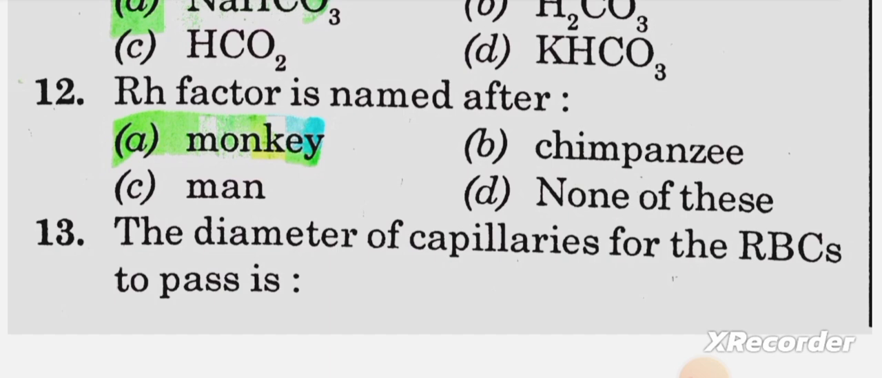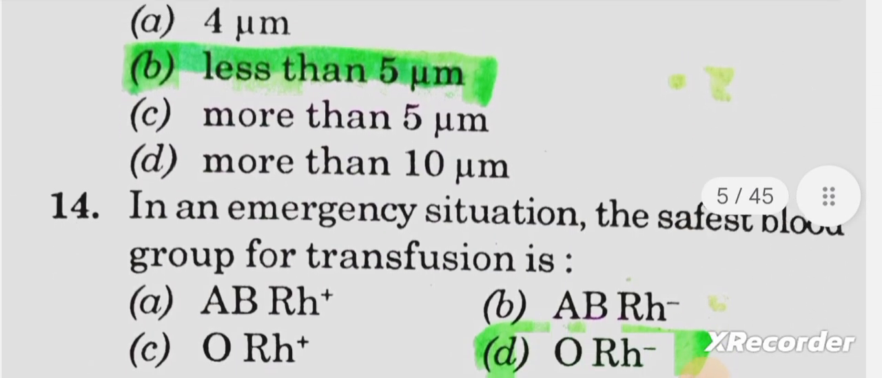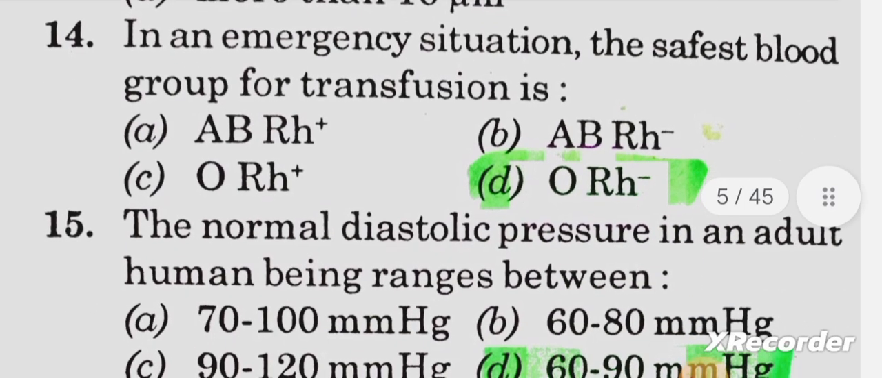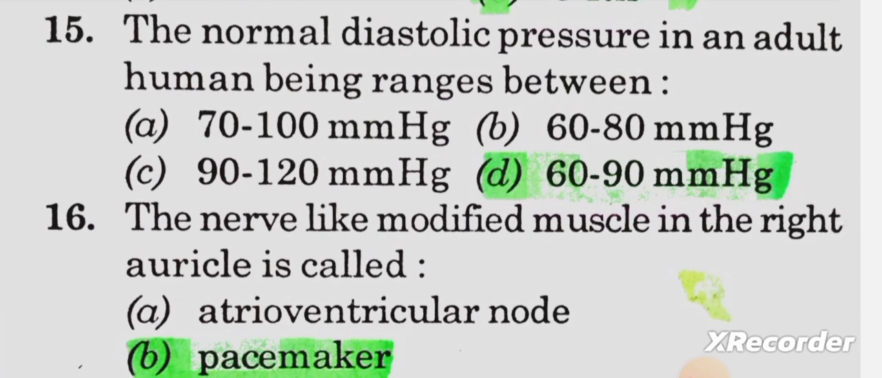monkey. Next 13. The diameter of capillaries for the RBCs to pass is answer B, less than 5 nanometer. Next 14. In an emergency situation, the safest blood group for transfusion is O Rh negative. Next 15. The normal diastolic pressure in an adult human being ranges between answer D, 60 to 90